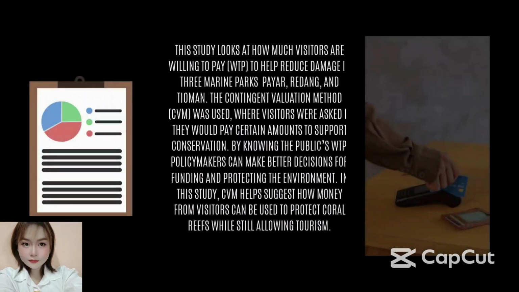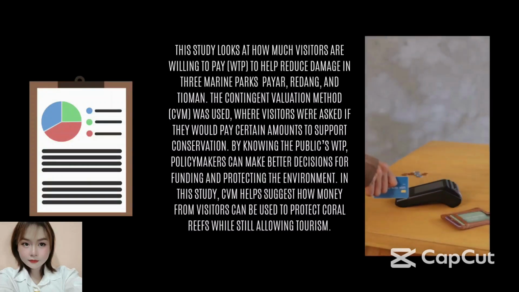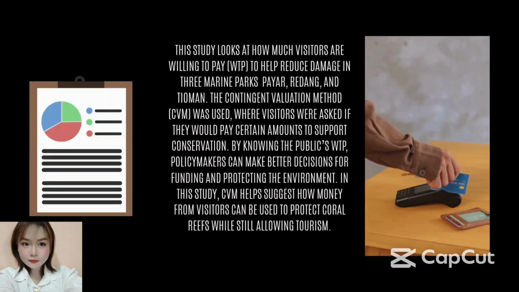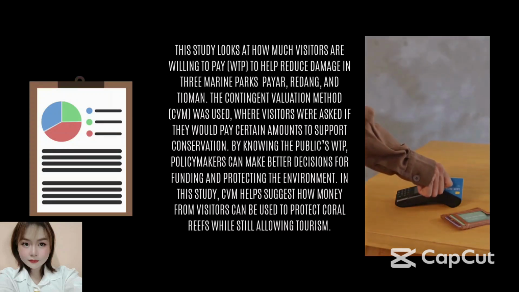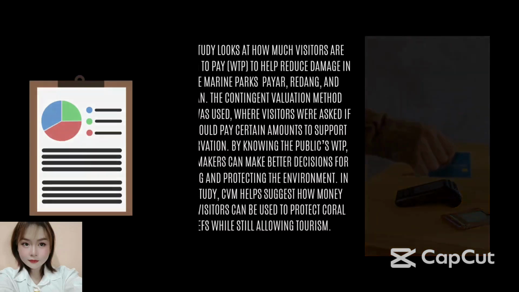This study looks at how much visitors are willing to pay to help reduce damage in 3 marine parks, which are Paya, Redang, and Tioman. The contingent valuation method was used, where visitors were asked if they would pay a certain amount to support conservation. By knowing the public's WTP, policymakers can make better decisions for funding and protecting the environment. So next